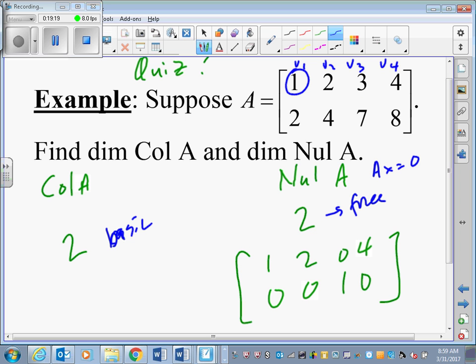So which ones form the columns of A? Yes. So the basis for the columns of A is vectors 1 and vectors 3. And to find the dimension is just how many vectors you have, right? And the vectors that form the null of A, we're going to use vectors 2 and vectors 4,